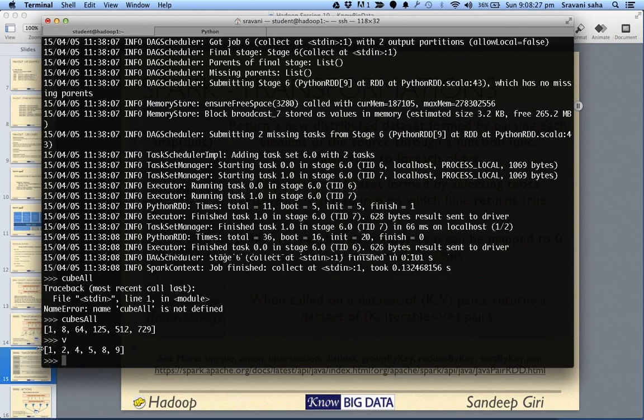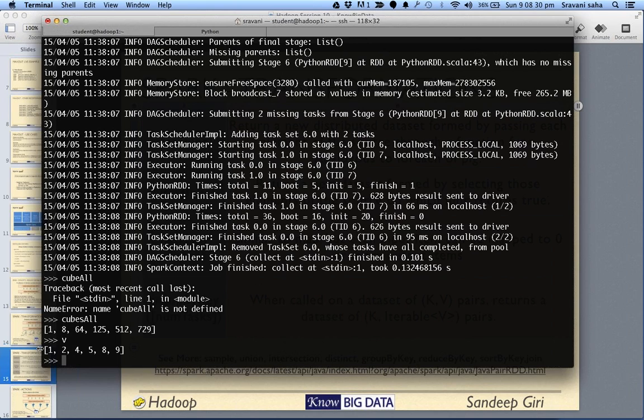All right. So basically, it took our cube function. Again, have a look at this statement, not this. It took our cube function and applied it on each element of our RDD, generating a new resilient dataset, which we can anytime pull back to the node using an action such as collect.